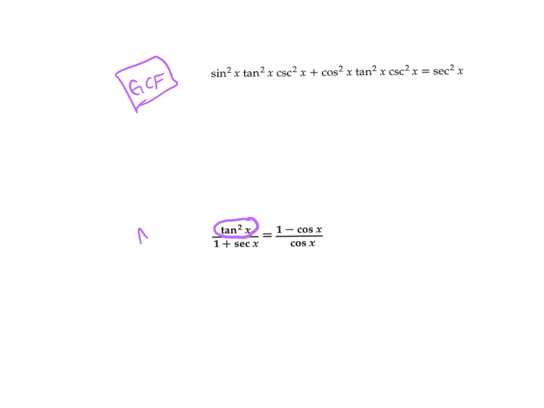So think of your Pythagorean identities and write an alternative form, keeping in mind this 1 plus secant. Okay? You could do this problem using that trick, but it's easier to do this alternative form and then simplify. So are we submitting 11 and 12? So you're going to submit